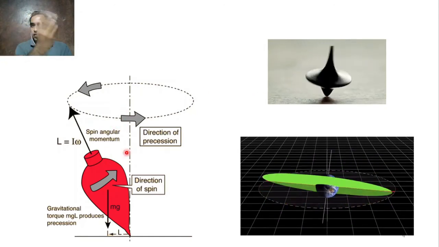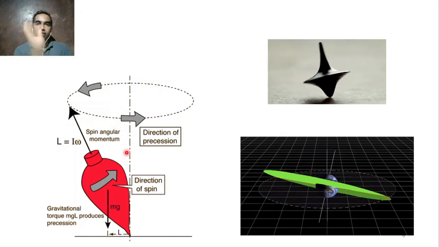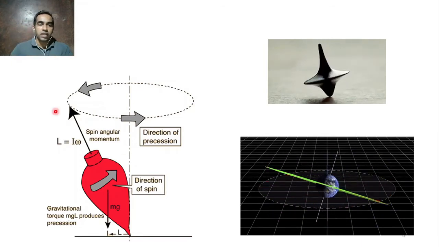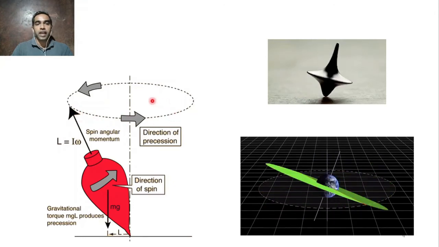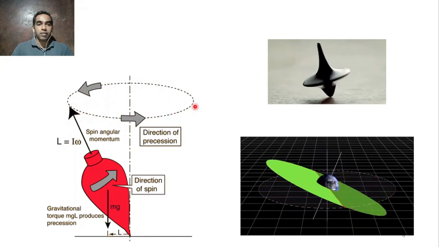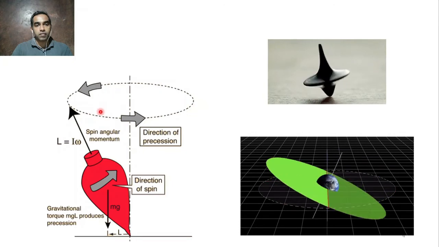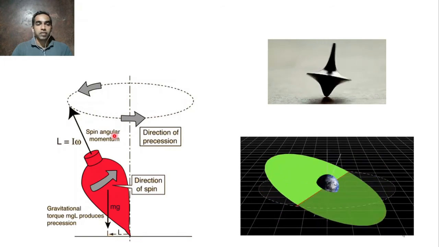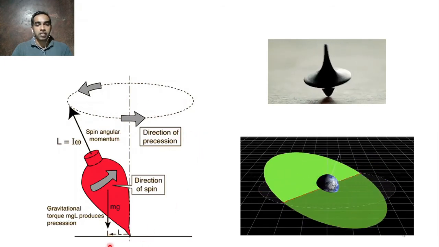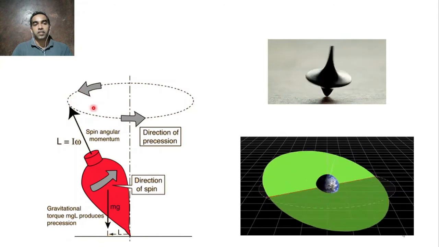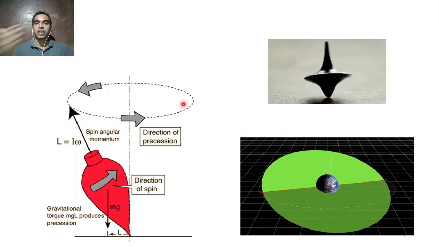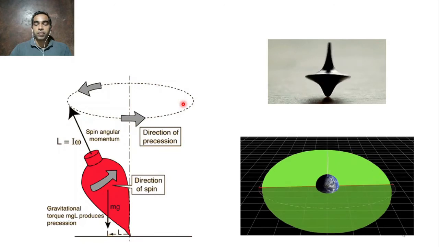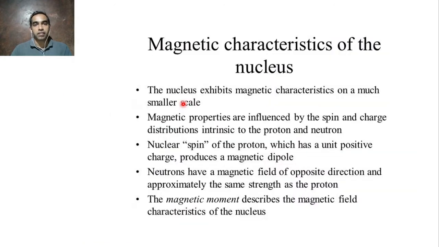So it won't go in the circular fashion, it will go like this. It will rotate along with that and it will produce this kind of orbit, that is elliptical or elliptoidal orbit, that is quite in this form, and it's because of Earth's gravitational pull. And of course, it produces spin angular momentum, and this frequency, it goes through certain frequency that is called Larmor frequency. We will come to that a bit later.